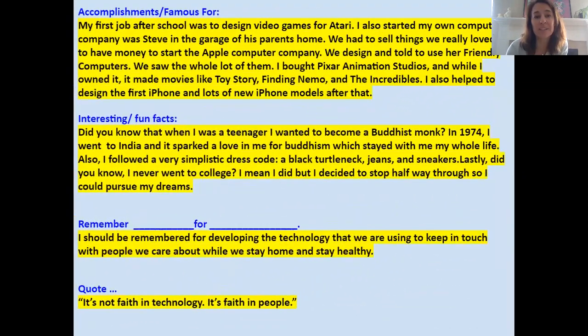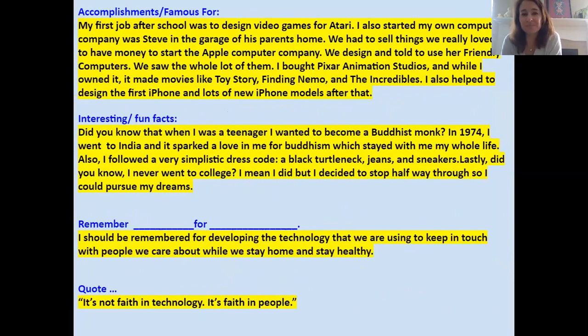So here we go. We'll go ahead and hop into the next slide. For some reason, all of my writing is coming up on the next slide. So I think what I'm going to do is just highlight what I'm going to be talking to you about. The first thing that I want you to be thinking about are your accomplishments, what your famous person was famous for. And so what I did is read up on some of the things that Steve Jobs did to become